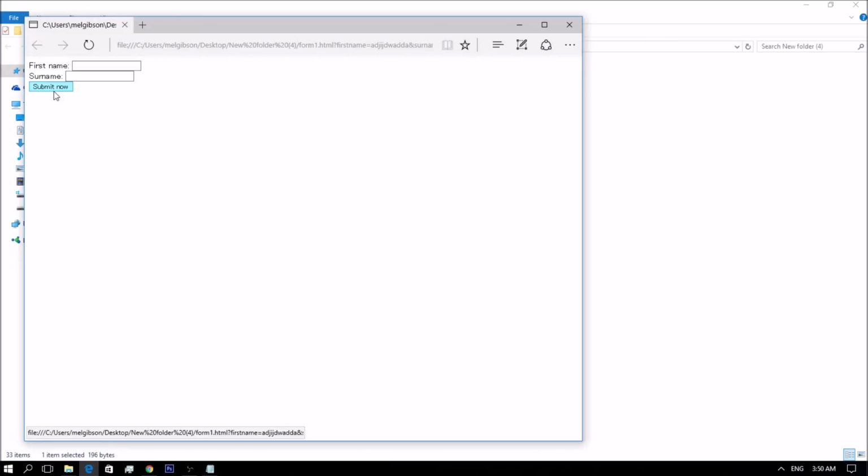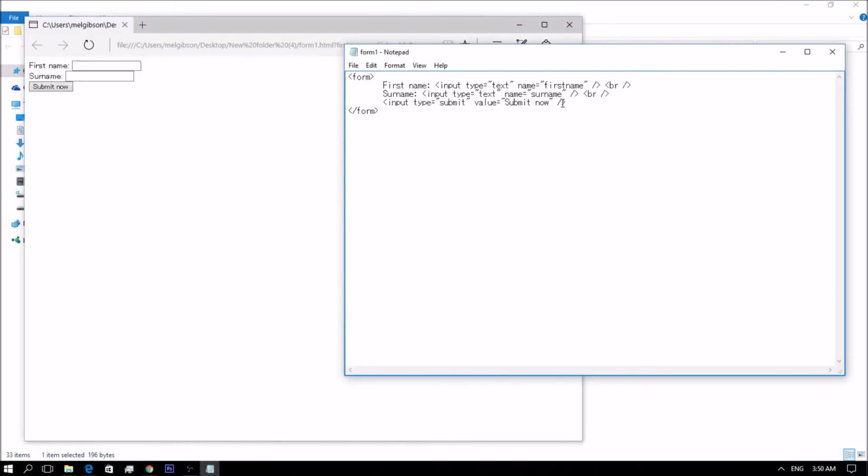The submit button has an additional attribute. The value of the attribute defines what the button is going to say, and for example, I choose submit now. As you have probably noted by now, the input element is an empty element, and therefore it is self-closing using the slash at the end.